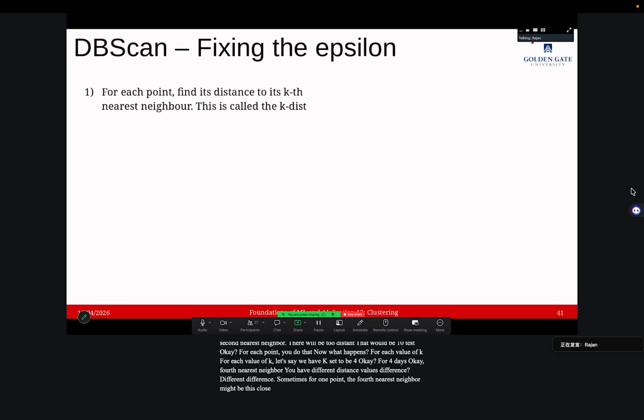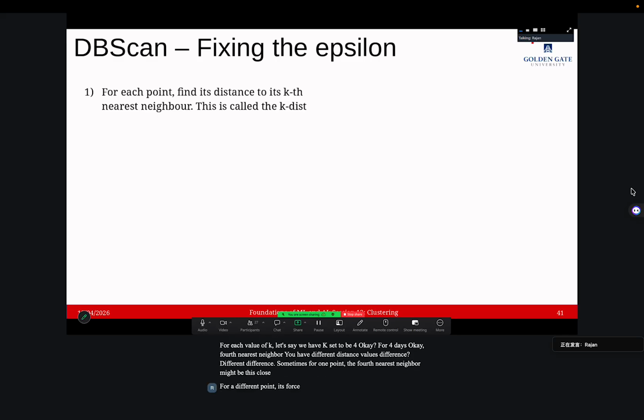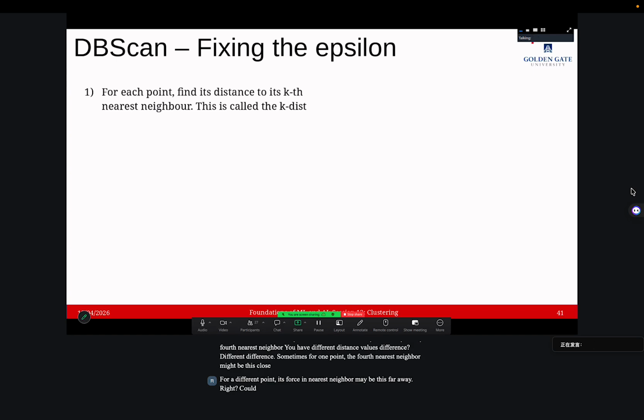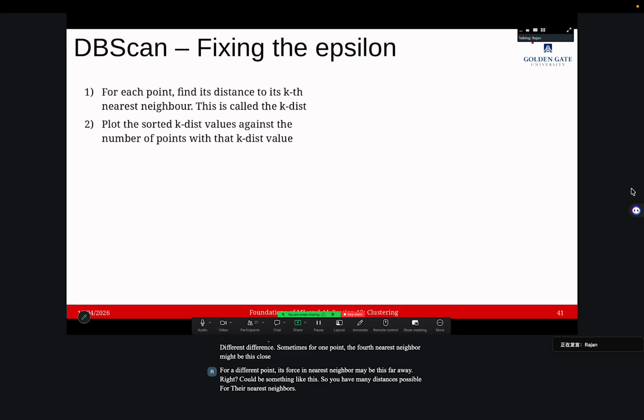For a different point, its 4th nearest neighbor might be this far away. So you have many distances possible for the kth nearest neighbor. Now you sort those distances,